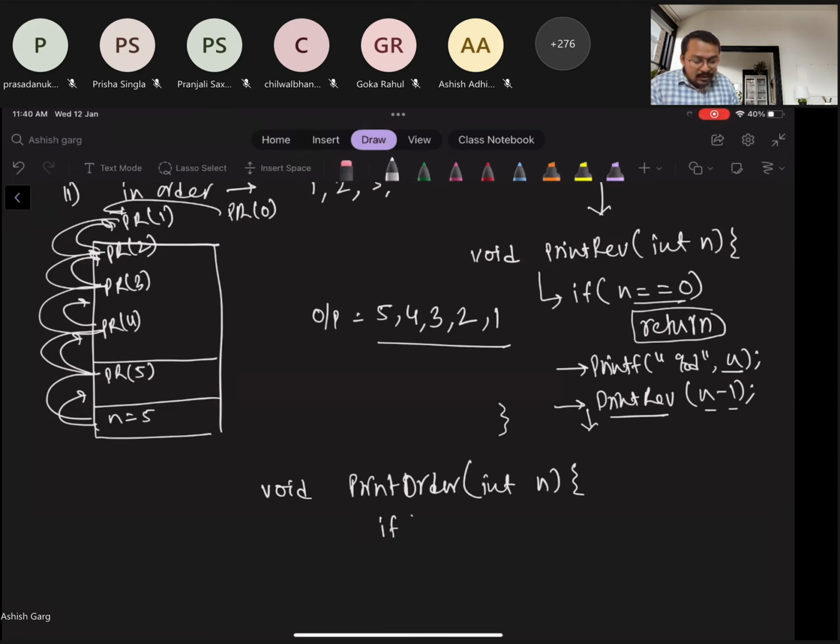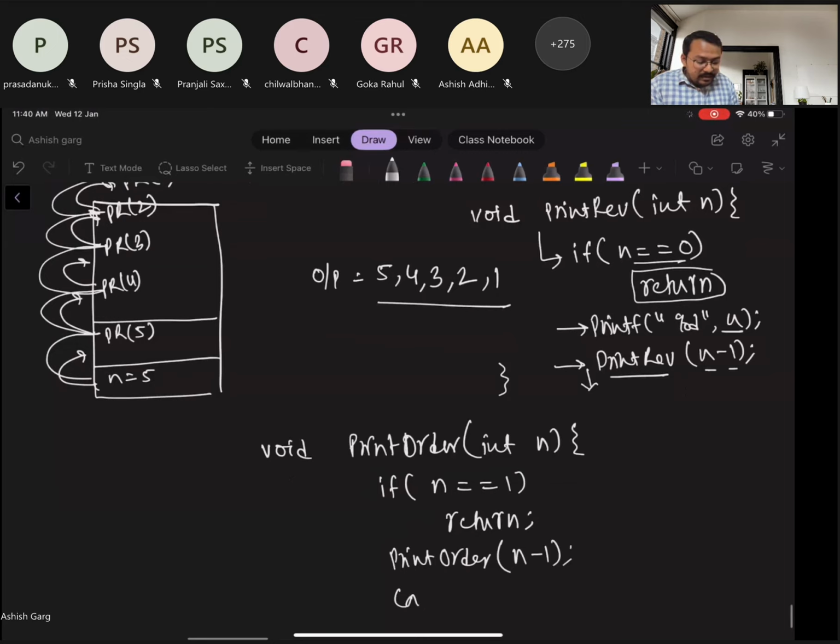So let's say if n equals 1, then return, otherwise we write printOrder of n minus 1, and after that we can write cout n. This is how we can do it, I think.